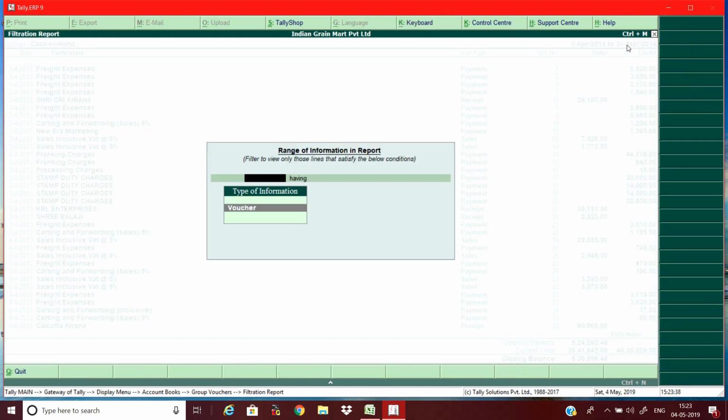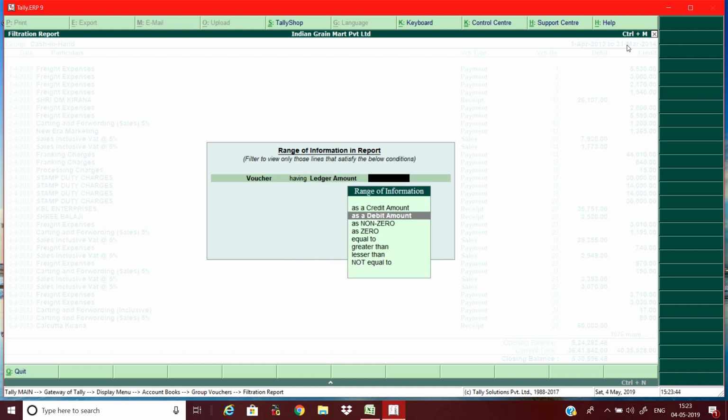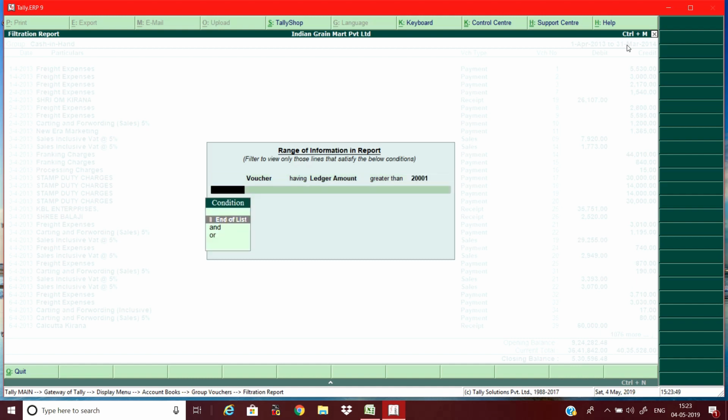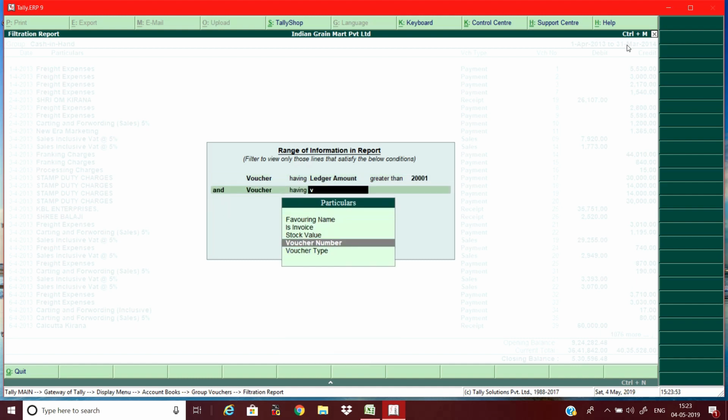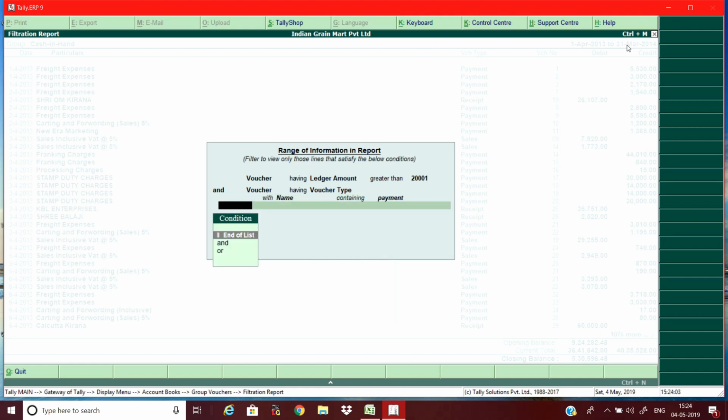Alt F12, voucher, having ledger amount greater than 20,001 and voucher having voucher type name containing payment. Same conditions that we applied to individual ledgers, now we are applying to group vouchers.